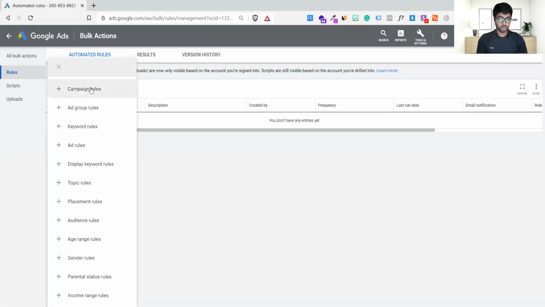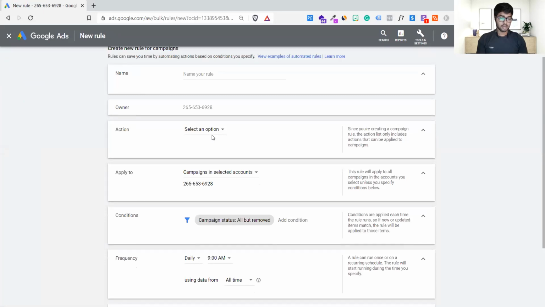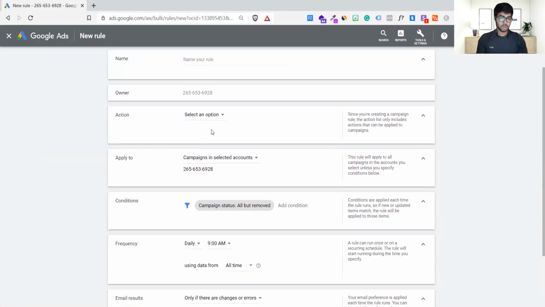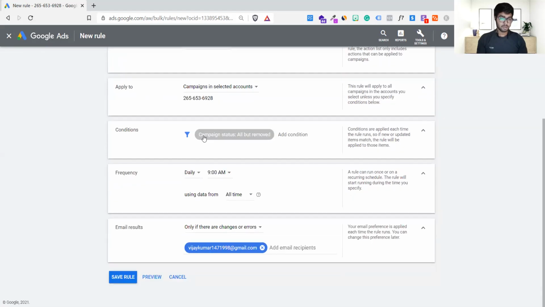Let me quickly show you the campaign rules, keyword rules, ad rules. If I go here to campaign rules and click on this, you see a certain action here. I have to select the action: I want to pause the campaign. The selected ad account is fine.